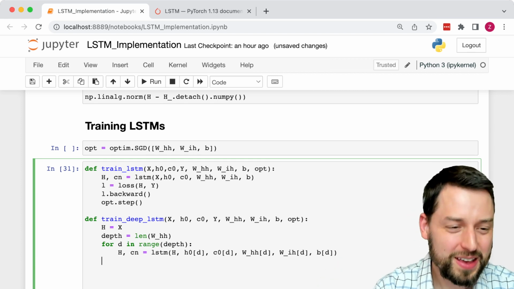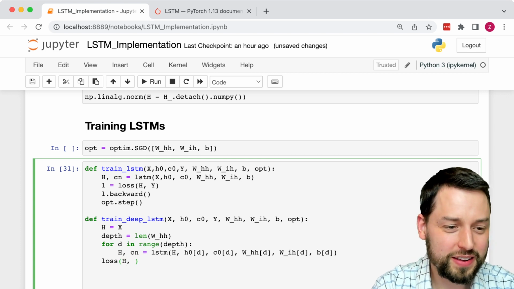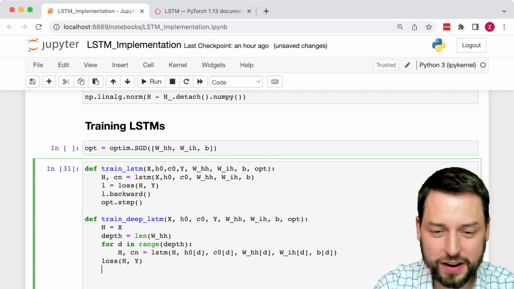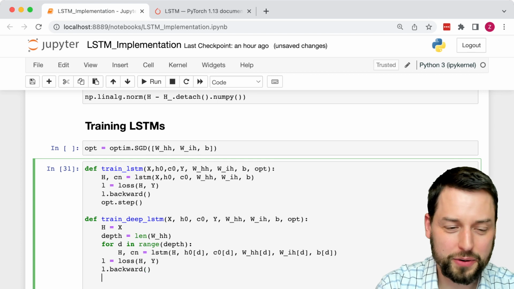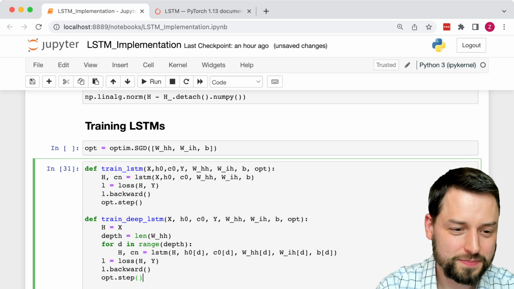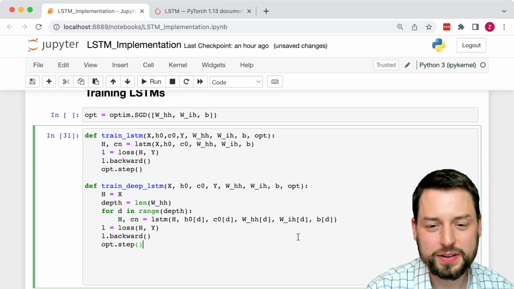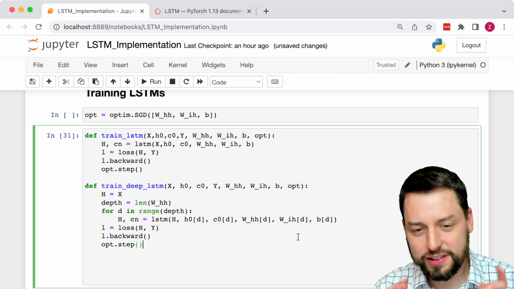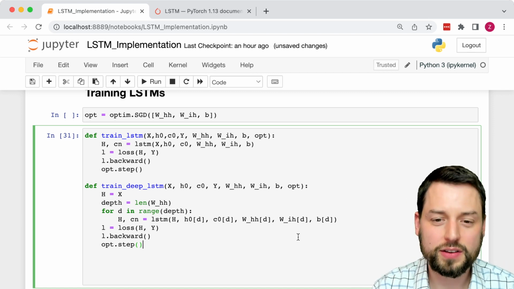Hopefully not, but we would finally compute some loss between our output and the target. L equals some loss, and then we would just say L.backward and opt.step. Okay, so that would be our training of a deep LSTM. And that actually is it for training, except for one subtle but very important point